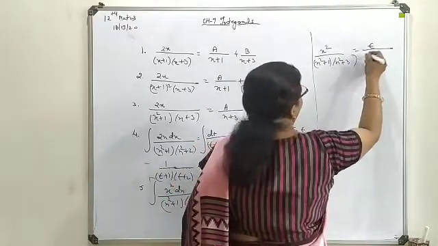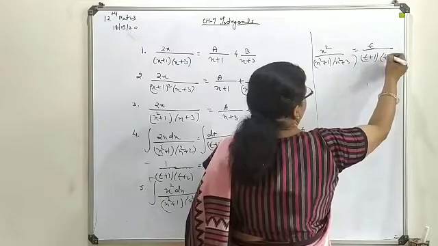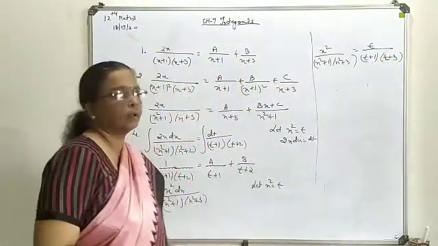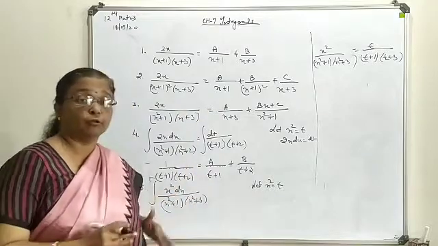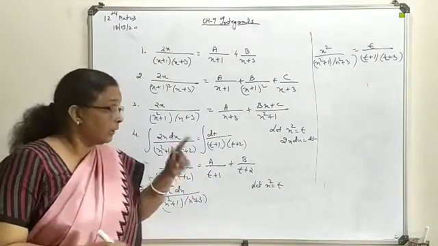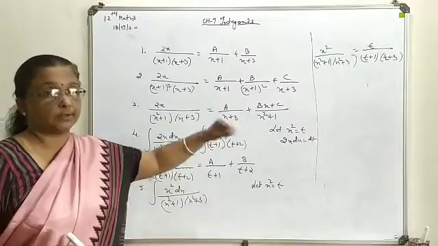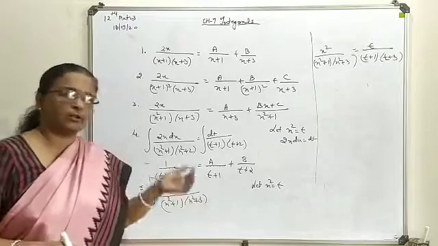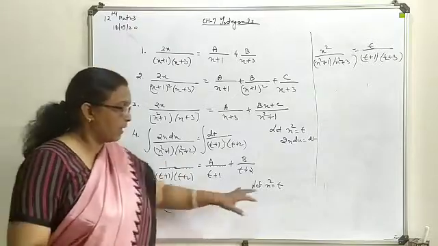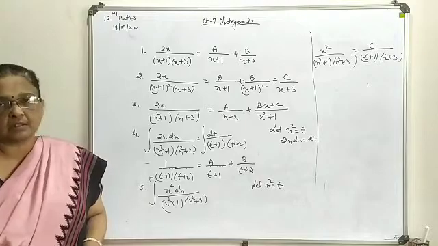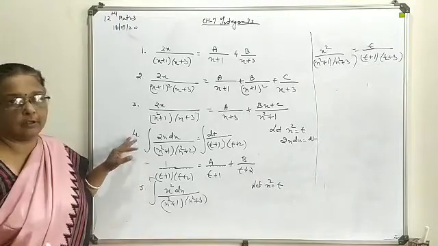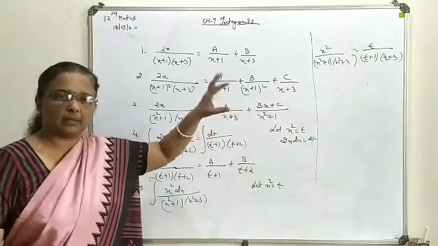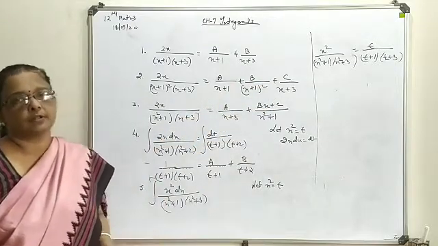This will be t, t plus 1, t plus 3. Now this will proceed for partial fractions. Introduce the constants, but before writing the integration, replace your t by x square and then proceed for the integration. Otherwise your solution will be considered wrong because here we have not converted dx into dt form. So just for the sake of convenience, you will write this one with the linear combination and make sure about the solution of your constants.